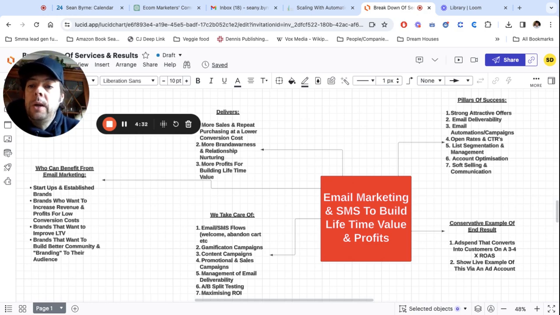So look, who does this benefit? It benefits startups and it benefits established brands. There's no doubt about that. Obviously, brands who are interested in increasing their revenue and their profits with low conversion rate, because you have to remember that it's very cheap to send out email. Same with SMS, and because they have some sort of relationship with you already, whether it's a customer or a lead just starting to get to know you,